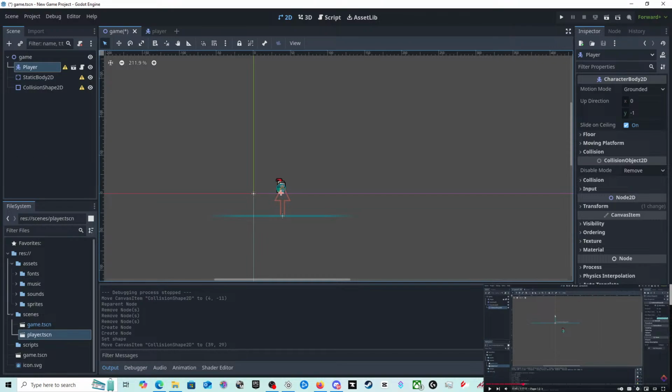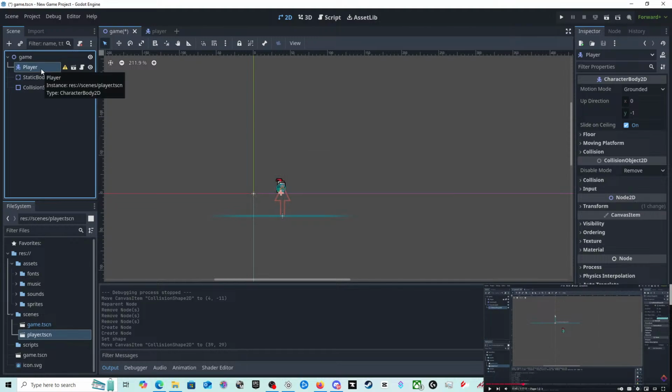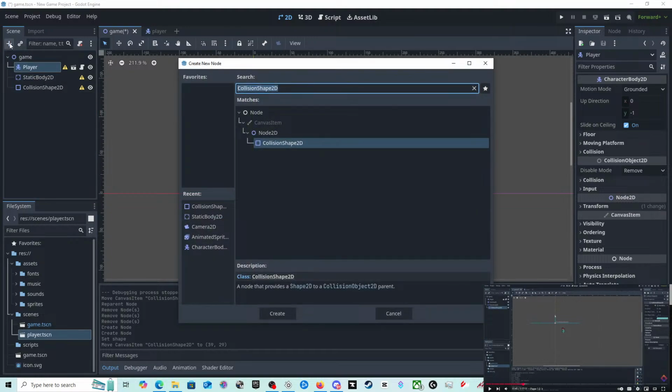Which sucks, but for some reason I don't understand, the node has no shape. It can't collide or interact with any objects, but I'm pretty sure we had a collision.